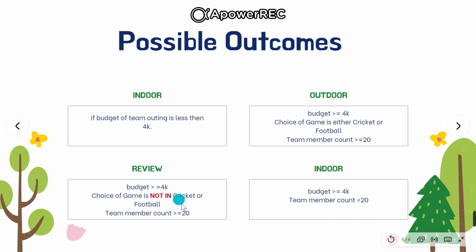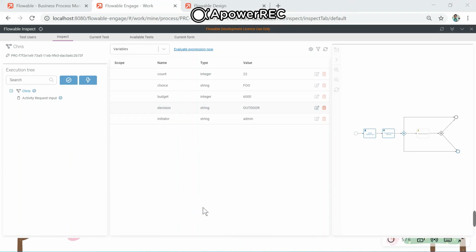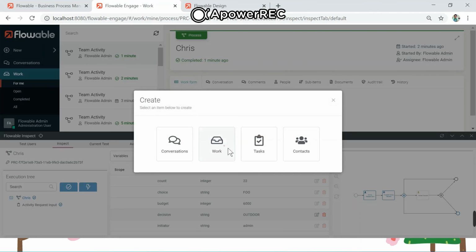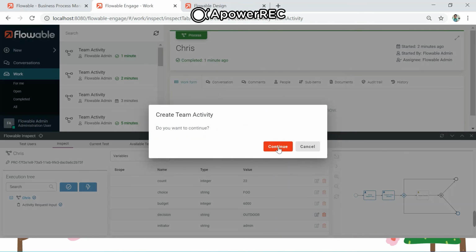Now let's move on to the third case where budget is again 4K and greater, team size is again greater than or equal to 20, but the game should not be cricket or football. Okay, let's minimize this. Go to New, Work, application, continue.